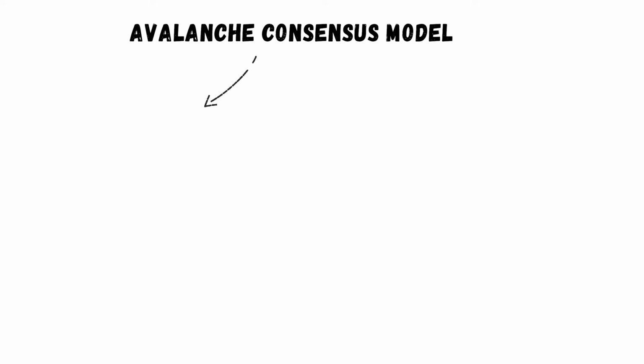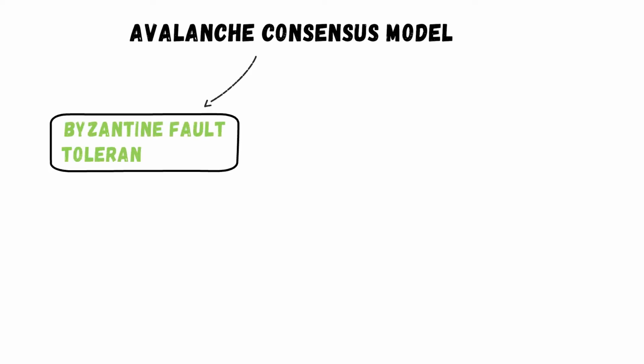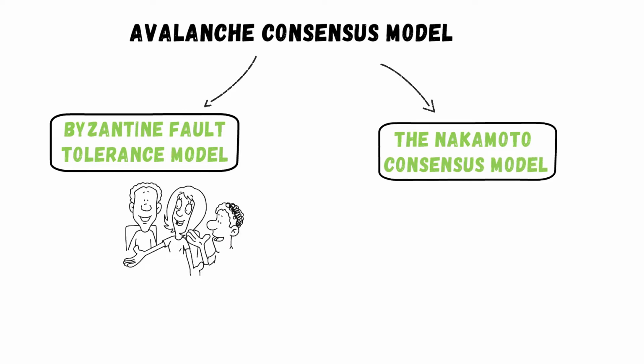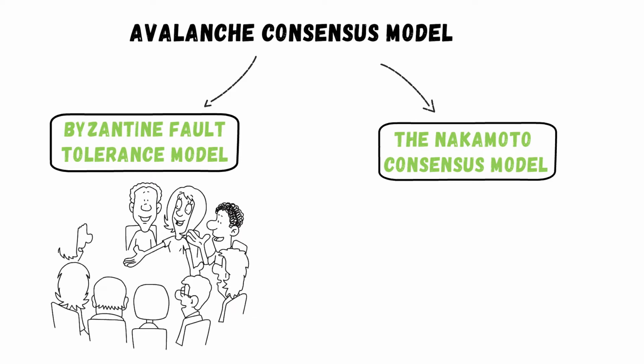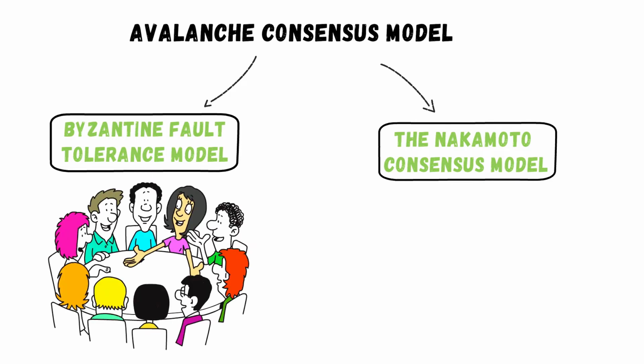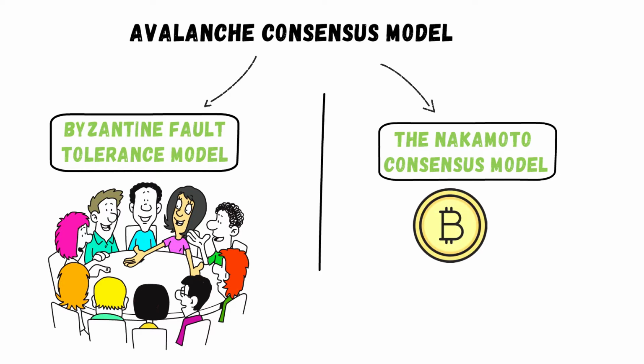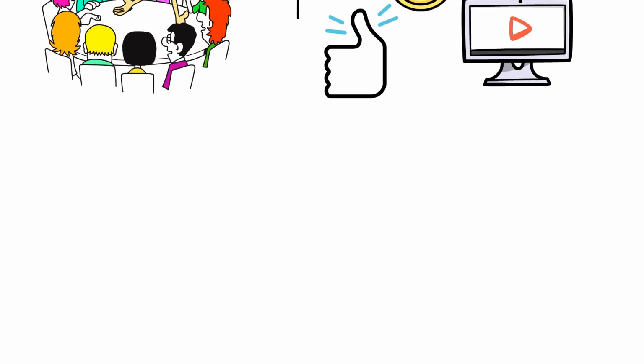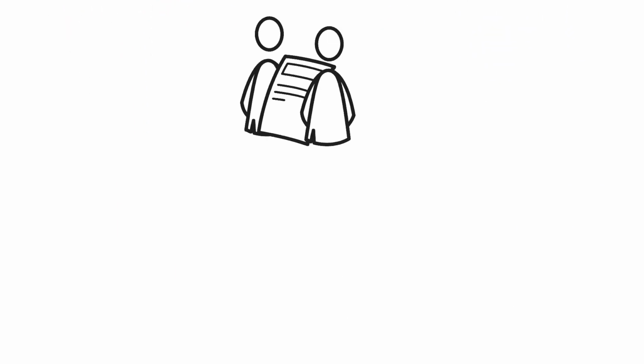The Avalanche consensus model is basically the hybrid of the Byzantine fault tolerance model and the Nakamoto consensus model of Bitcoin. The Byzantine fault tolerance model is a consensus model people used for a long while to come to a conclusion based on the information they had. Then, in 2009, Bitcoin came along with the proof of work mechanism, which in many ways is better than the Byzantine model. We have an entire video on that, so we will not explain it in this video. The Avalanche consensus mechanism works differently, and it combines the best from both.